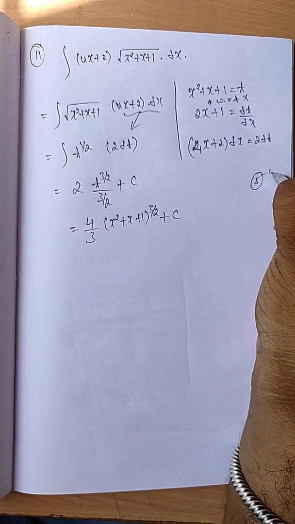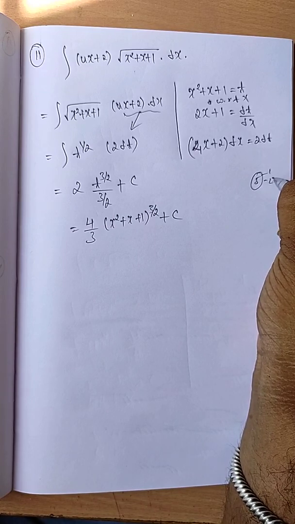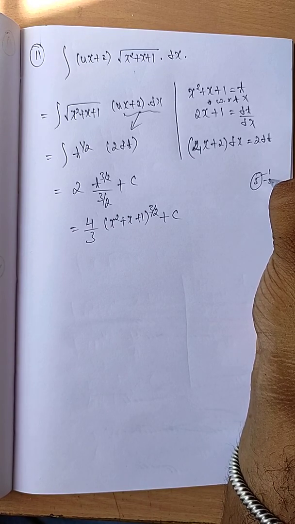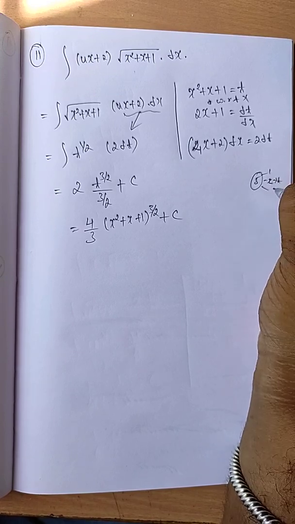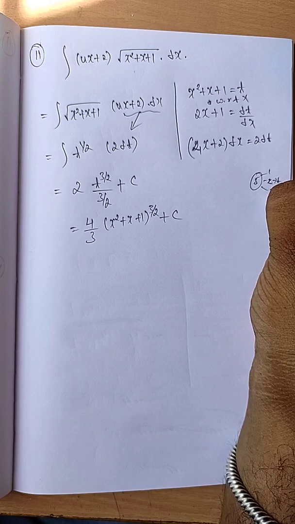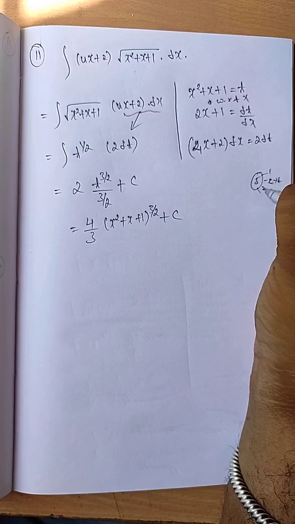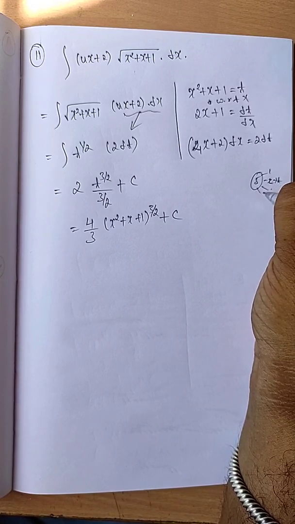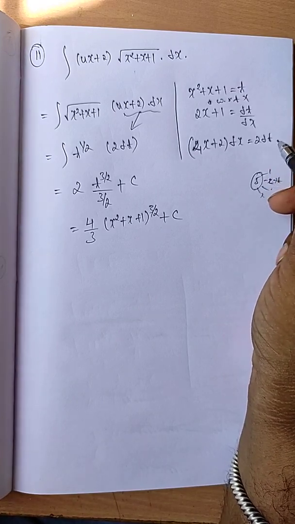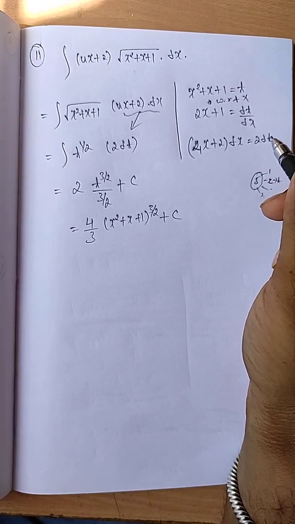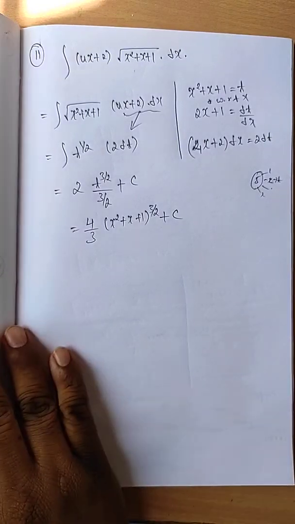The first point is you want to take the inner function as t. The second point is on the integration you are changing the substitution. If you are changing from one parameter to another parameter, it must be in the other parameter. The third point is on the integration you can adjust the constant or sign. The fourth point is on the integration, if any x coefficient exists, write the x coefficient in the denominator. The last point is if the differentiation of the denominator is the numerator, take the denominator as t. Is it clear? So don't forget the points. Now next,